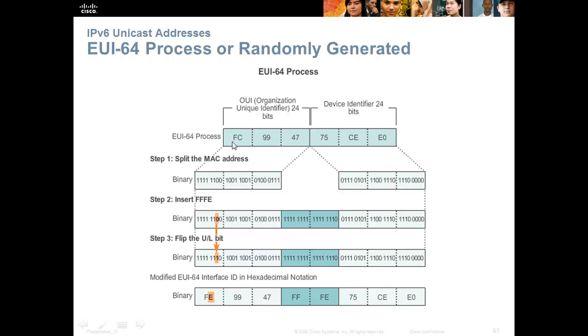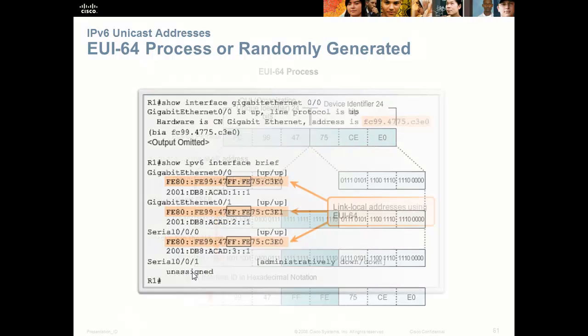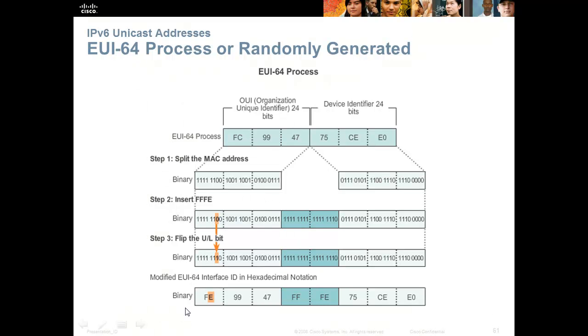This here is the MAC address, FC99.4775.CEE0. And what the EUI-64 process does is it splits it in the middle, takes the first 6, splits it, the last 6, and splits it. We then flip the 7th bit, in this case from a 0 to a 1, and we insert FFFE into the middle. So if we were to take a look at this IP address that got generated from the EUI-64 process, it looks like FE99.47, here's our FFFE inserted,